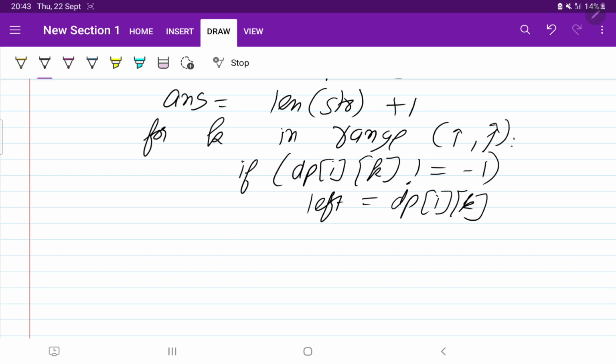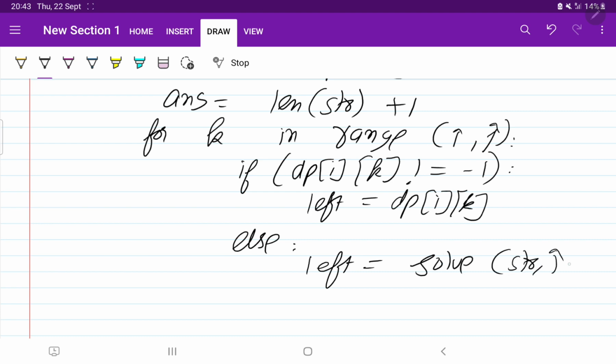Else, if it is not solved, then we are calling the function solve by passing the string, i and k, and that we were updating the dp of i comma k with the left. Perfect, right? This is the thing that we were doing, right?